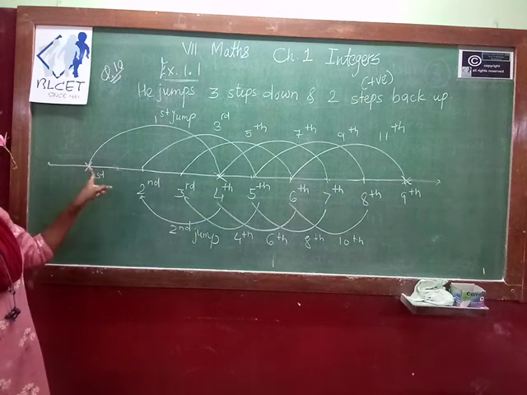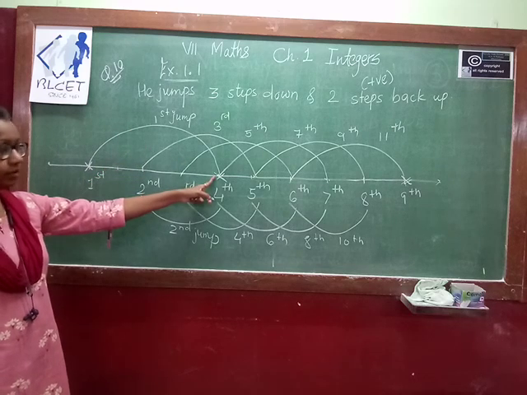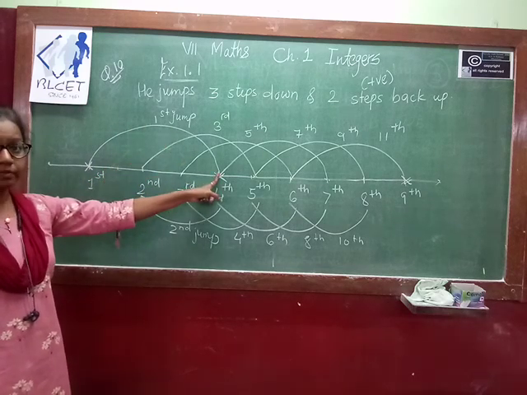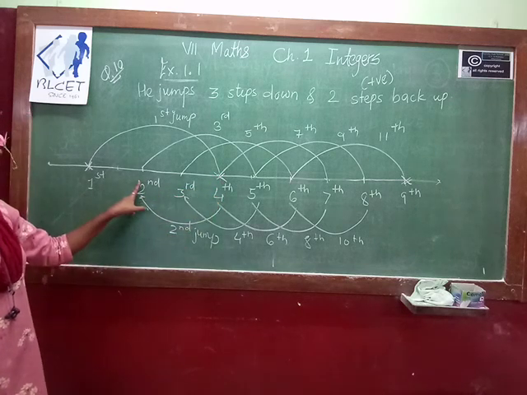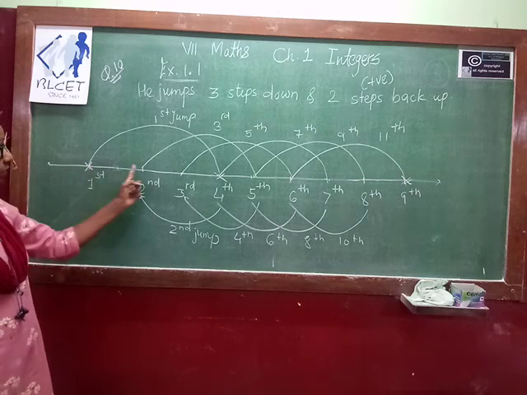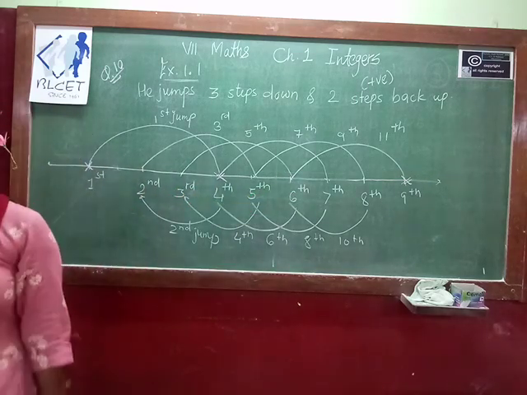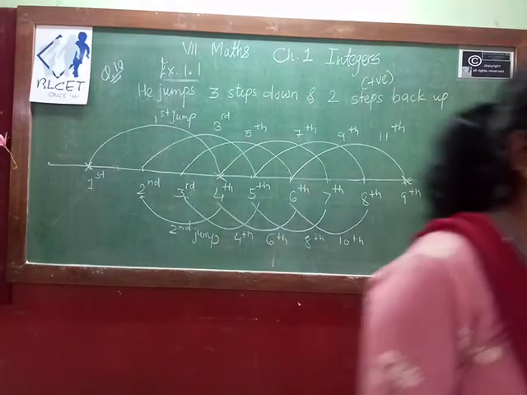We start from the first step. Count the 3 steps for each jump: 3 steps downward and 2 backward. Every time it just shifts only one step. You can observe this from the diagram. This way we can solve it and say that after 11 jumps, the monkey can reach the water level.